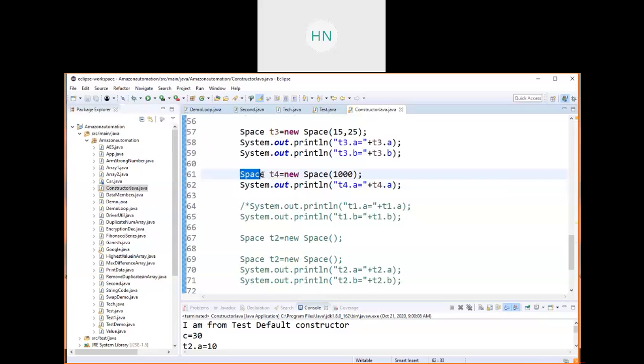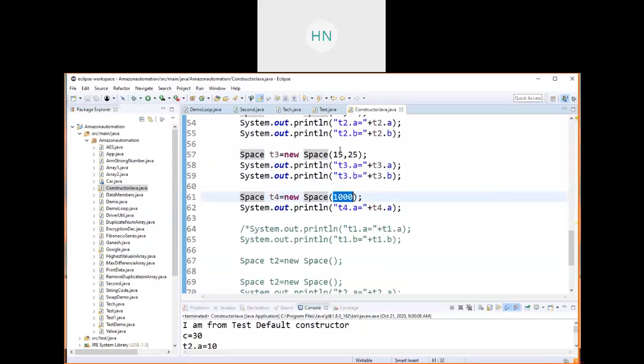I have created one more parameterized constructor, T4 new. It is taking only a single value. These are taking two values. These are taking a single value. This concept is nothing but constructor overloading, the overloaded constructor.